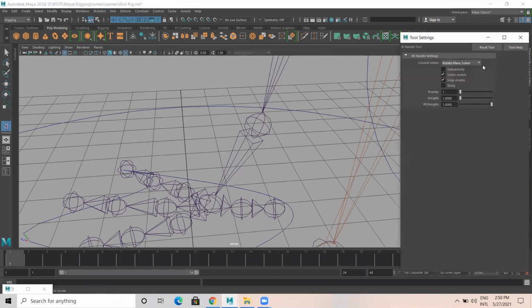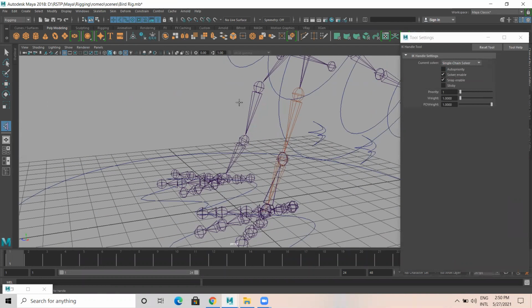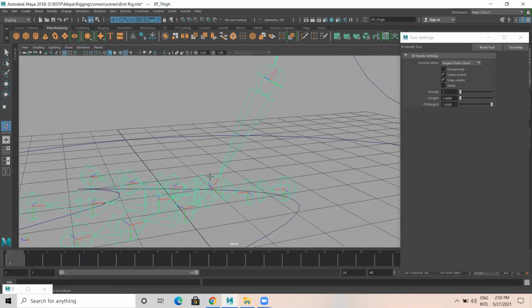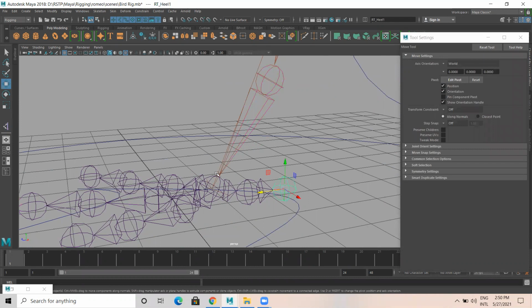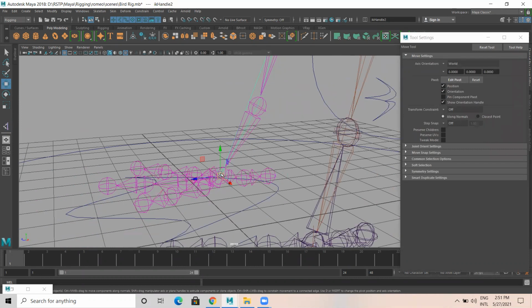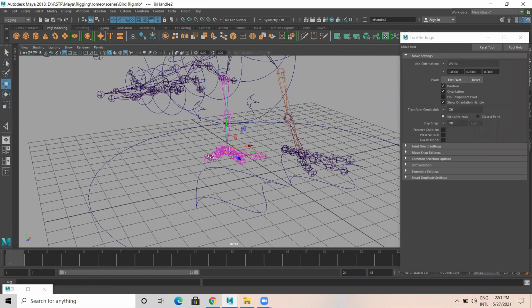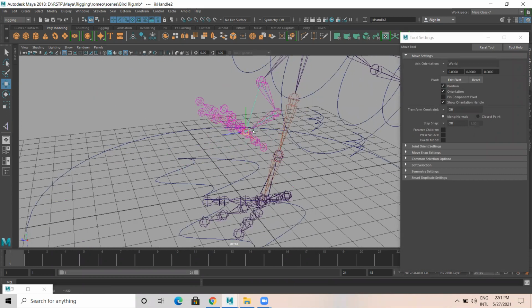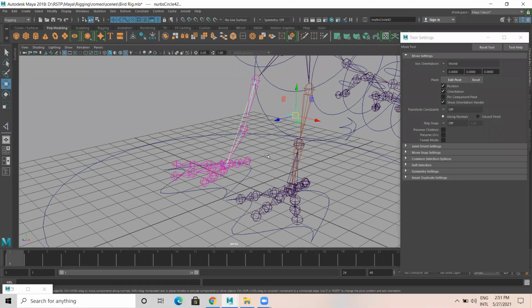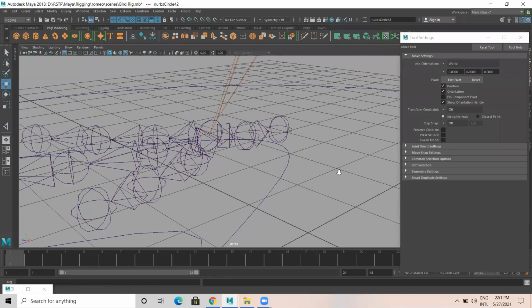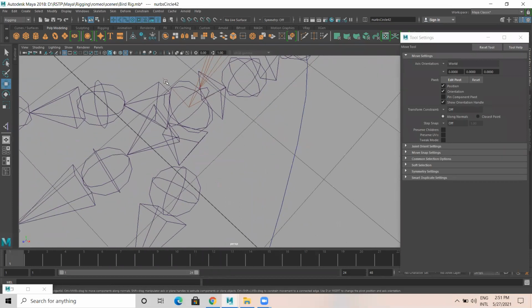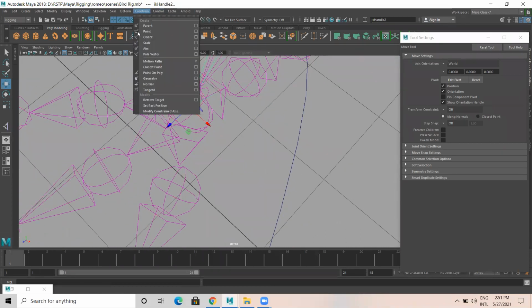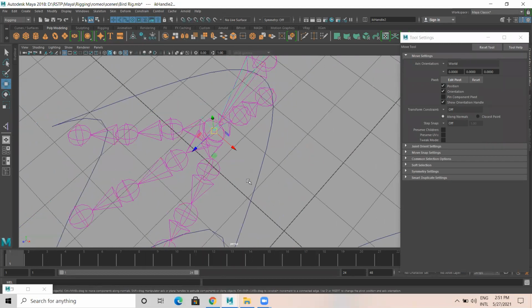I can handle the SC solver if I give SC from here to the ball. Select this controller and the IK handle.